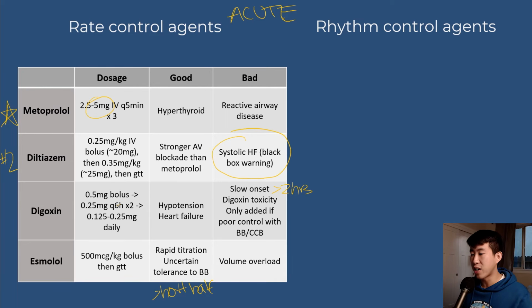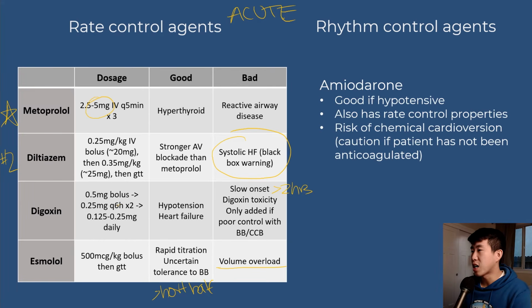The bad thing about esmolol is it provides a lot of volume to patients. So if you have any worry for volume overload, then giving them more volume through the esmolol drip may not be the best idea. Next, we're going to talk about rhythm control agents, and our big gun here is going to be amiodarone,